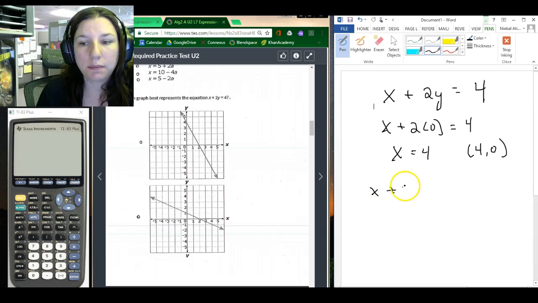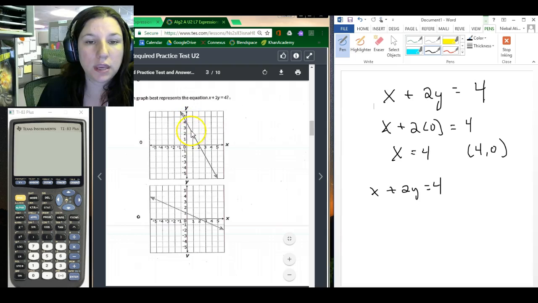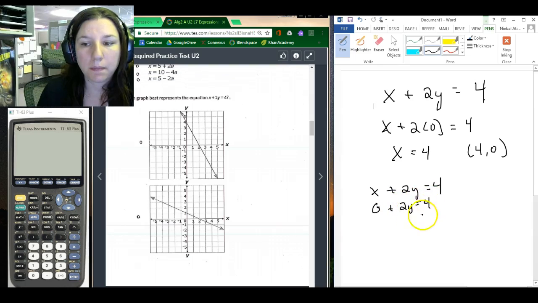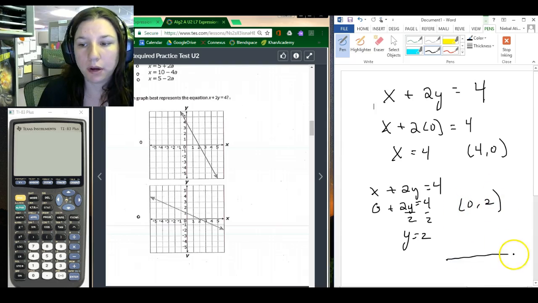And then we do the same thing basically for our y-intercept. If I want to know where the graph crosses the y-axis, that's where x is 0. So we substitute a 0 in for x. And here we get y equals 2. So when x was 0, y was 2. So when I want to graph this, I go to (0, 2) and (4, 0),